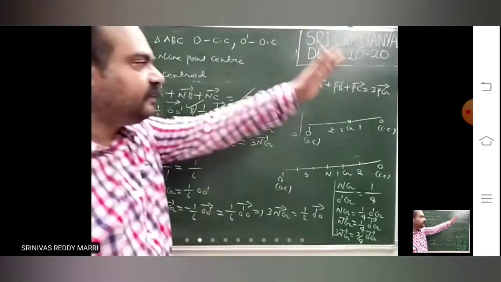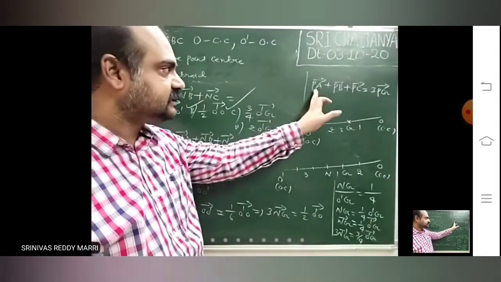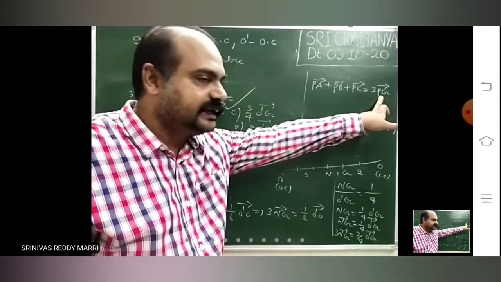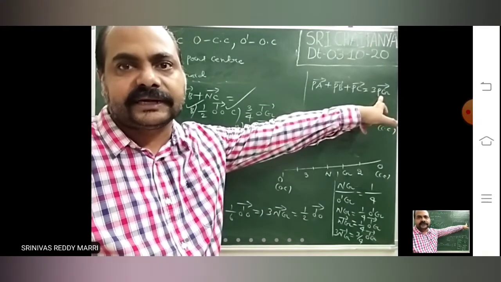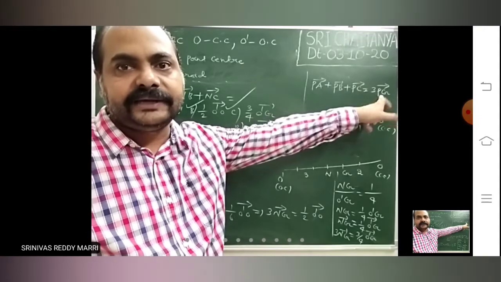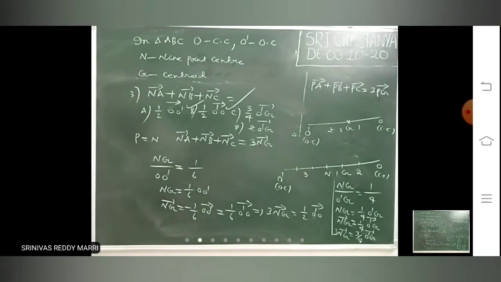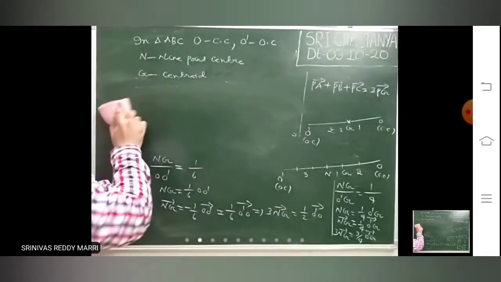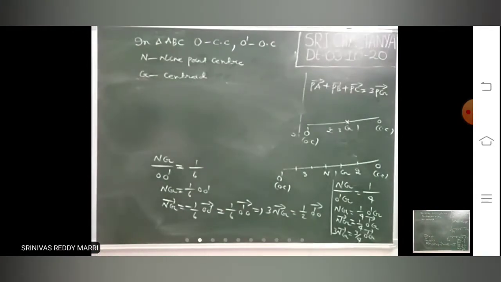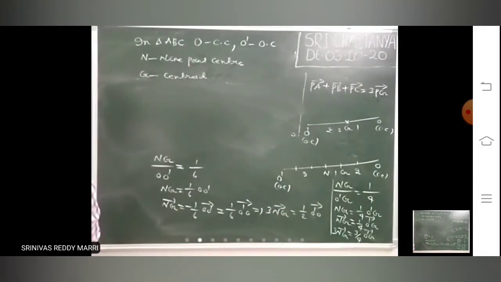Like that, he can frame 100 questions. Now I have framed one. So this is the basic result. From this result, you have to solve all the things regarding orthocenter, circumcenter, centroid, 9-point center, everything is related to this. Suppose, look at the next problem. You remember this one. Suppose he is asking the result like this.